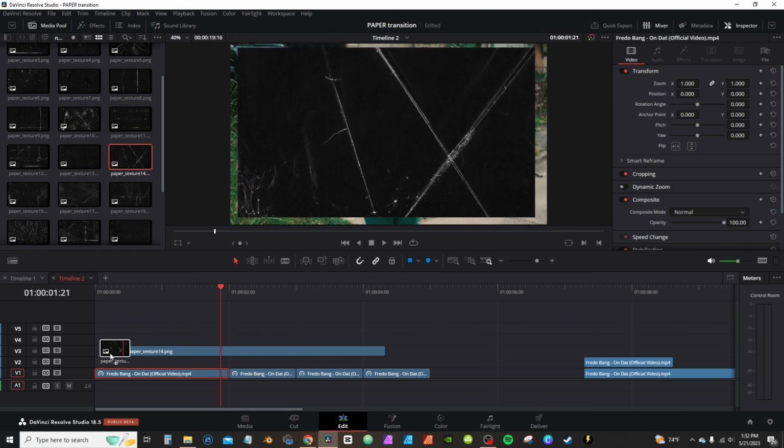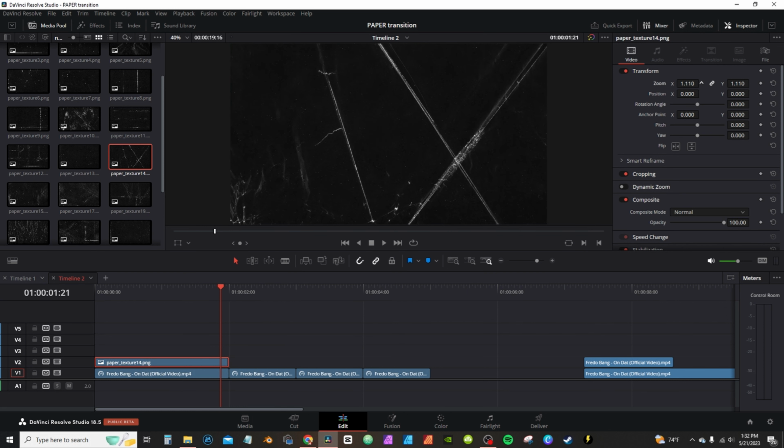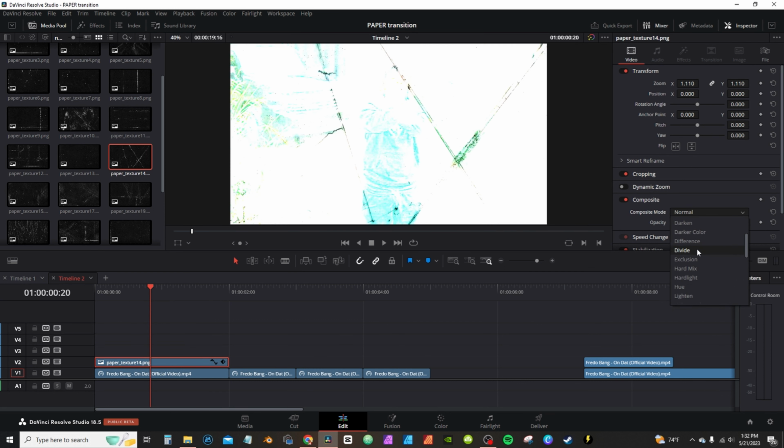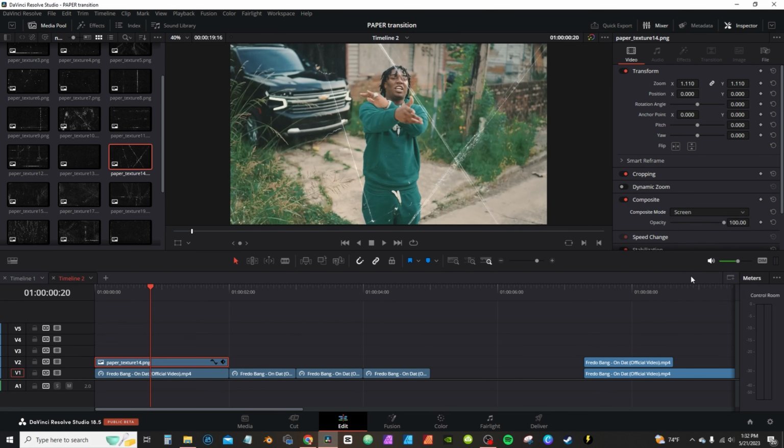I'm gonna grab a texture and place it on top of my clip. I'm gonna shorten it to the same length. And then I'm going to inspect the tab and actually zoom in on it to make it the same size. In the composite mode, I'm gonna change from normal to screen. Now, one thing I don't like about doing this method is that it more or less kind of drowns